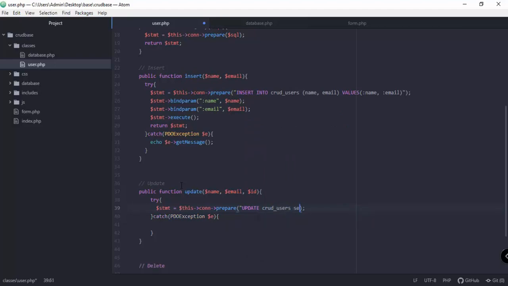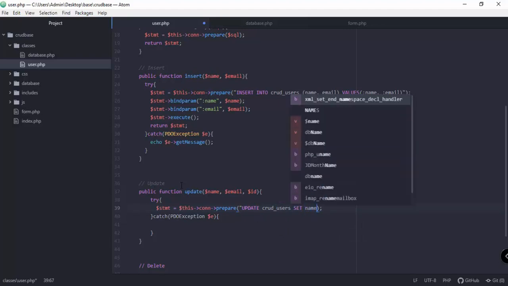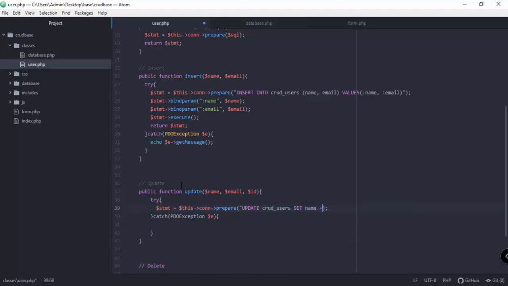Okay, so set name equals to name, and then of course the email will be equals to email, and where ID equals the supplied ID. So here we're gonna be using the statement, and then we need to bind the parameter,